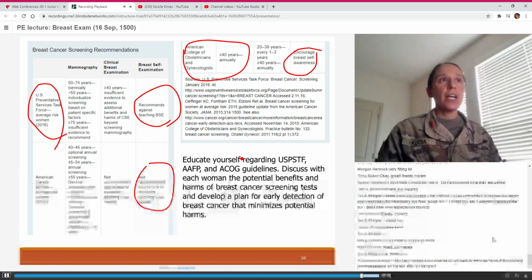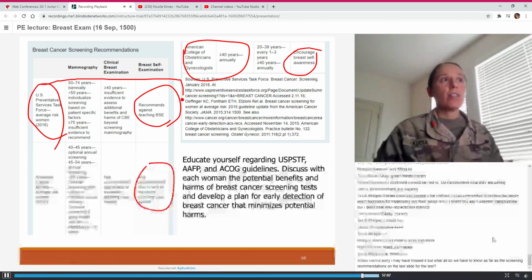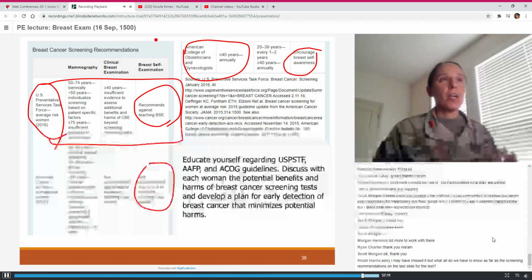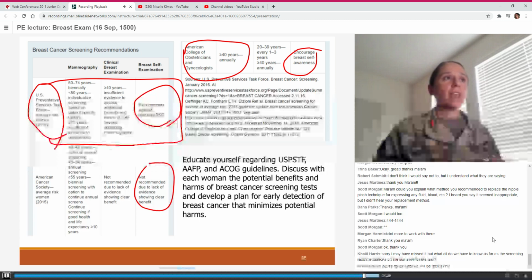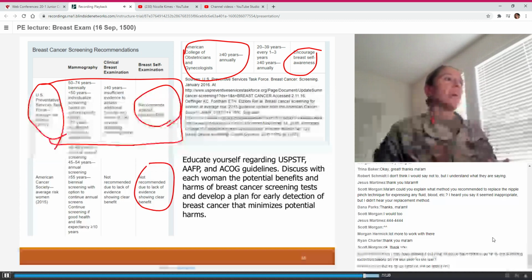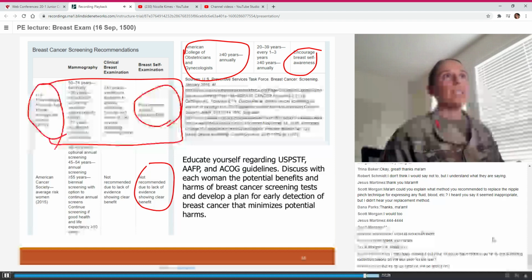So technically you would not be wrong if you did any of this, but my understanding is that we ask for USPSTF. So for your OSCE, for example, you could tell your patient, oh, I recommend that you have a mammogram every 2 years starting at age 50 or whatever. Or you could say, you know, other things, but I think that's where we focus. As far as what we're tested on,